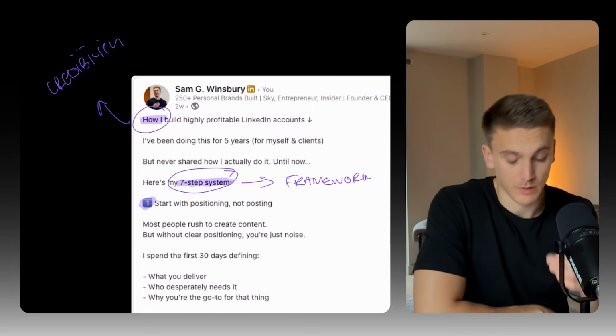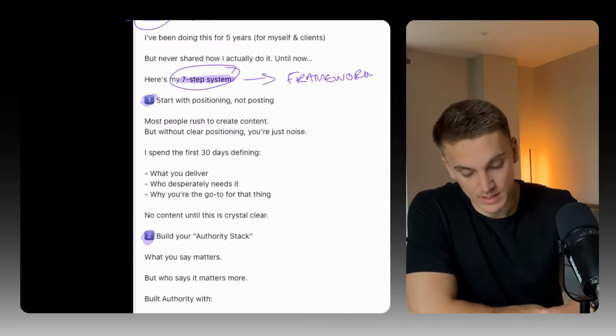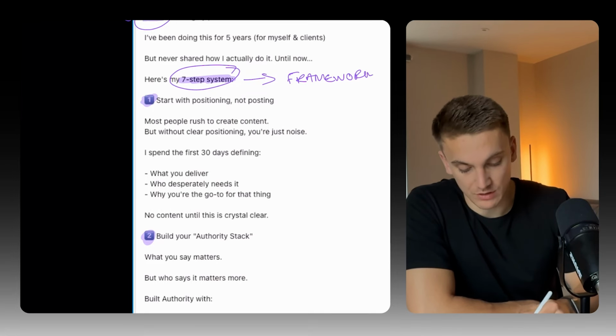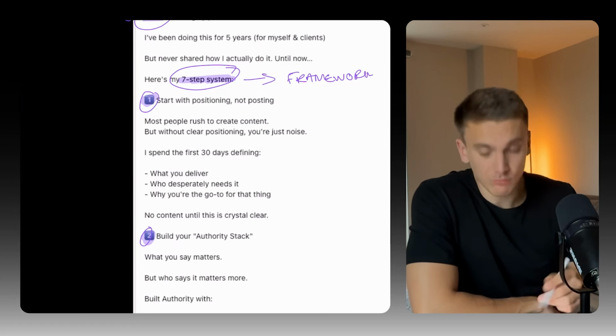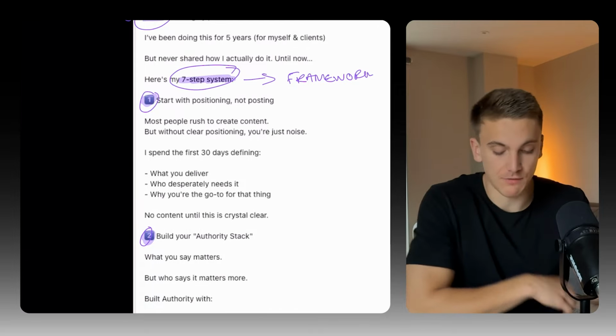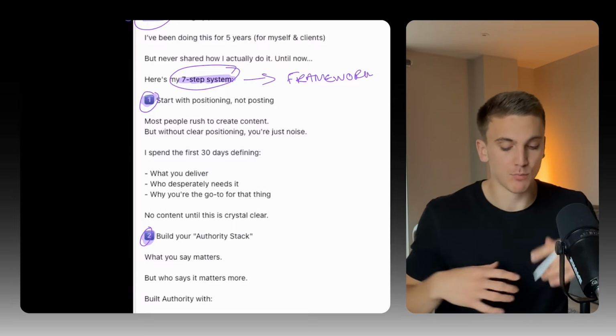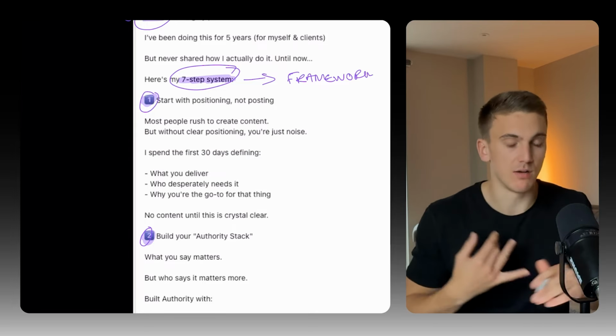What I then do when I share this 7-step system is I signpost all the way through. So you can see here I've got the numbers illustrated by the emojis. Now you could use emojis. The emojis aren't really the point, right? If you just use emojis, that's fine. It's more about signposting. So you could use numbers.